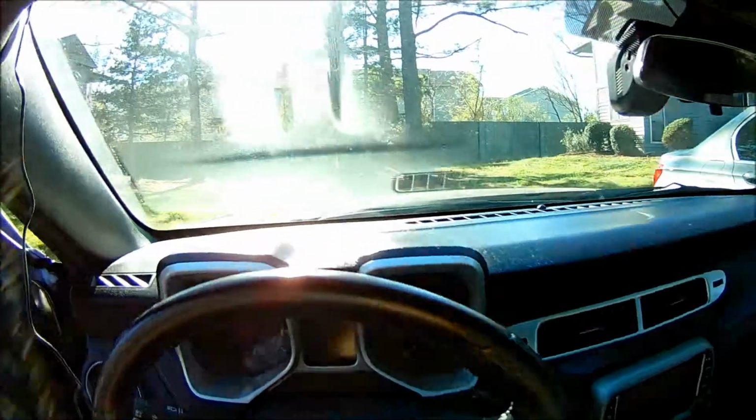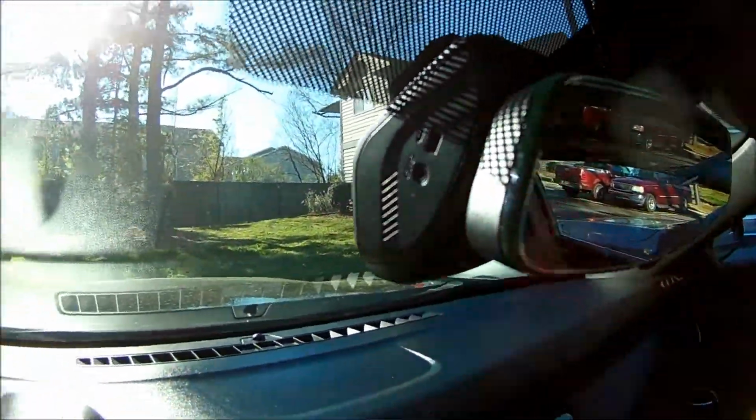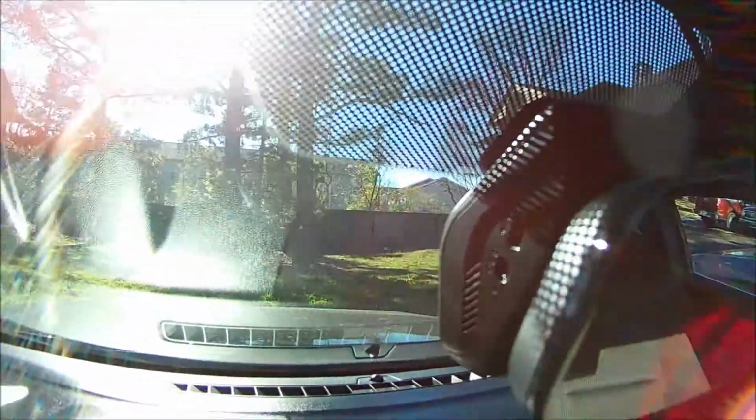Alright guys, sorry about the sunlight glare, but I finally got the camera, like I said, mounted and connected to the fuse box. I had to pull out a fuse and replace it. It's just a power outlet fuse. I don't use the power outlets anyway, so that's where that fuse is going. The ground is right there, and so now all I have to do is